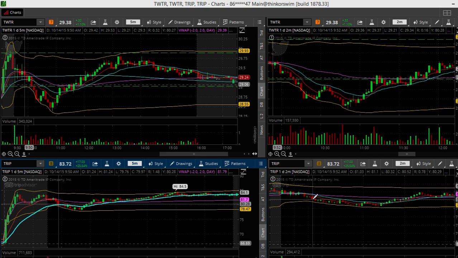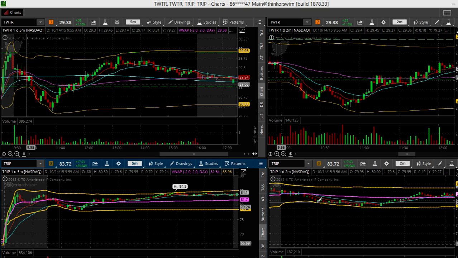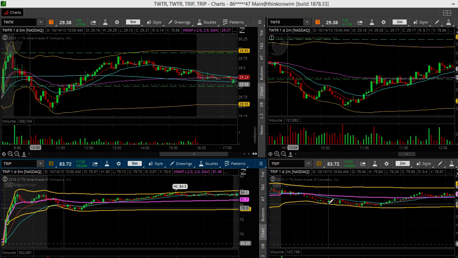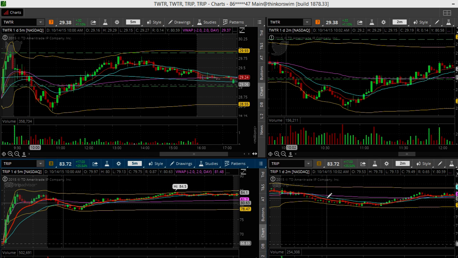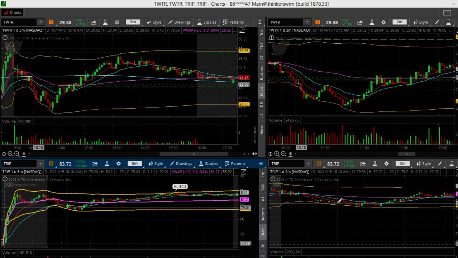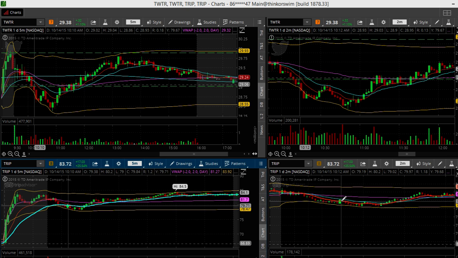and I didn't have 100% confidence in it because it didn't do what I anticipated it to do out of the gate, but still a decent win. And when it got down here and got on the deviation band, I wanted to take it, but I kind of gave it some room because I saw the 9 coming down and felt that it would keep driving it down some more. So I let it ride a little bit. I think I took it off when this candle closed above the 9, and that seemed to be the perfect time to get out.